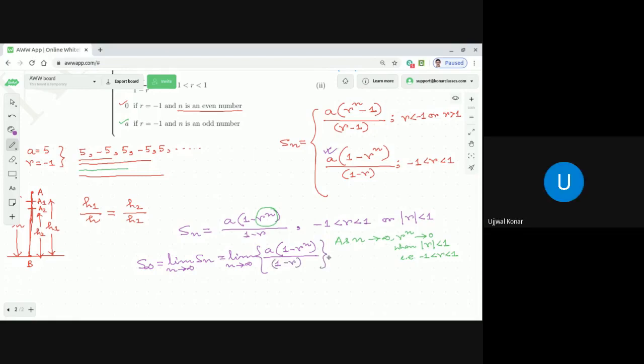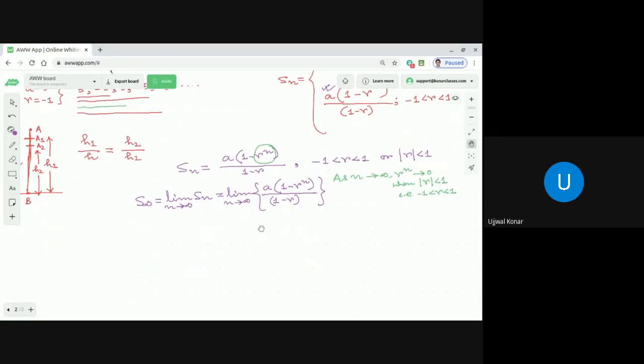Dear students, if you recall, we have done differentiation and integration, and we have seen that a constant can be taken out. So here also, from that limit, we can take a and 1 minus r out of it, because a is also constant and 1 minus r is also constant. So what we are going to get is a by 1 minus r,